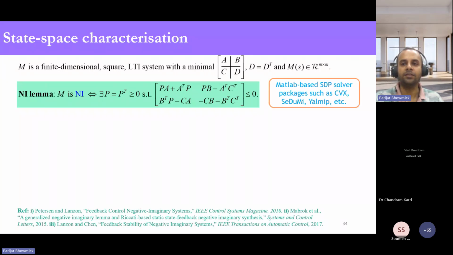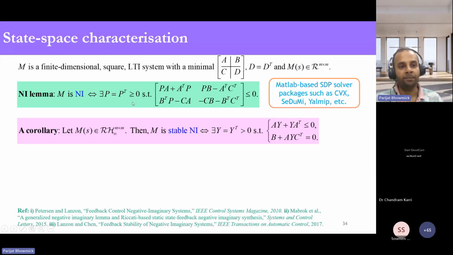SDP means semi-definite programming solvers. MATLAB can do it. We have other third-party plugins like CVX, SeDuMi, and YALMIP. By using these third-party plugins, there are some commands which will run these non-strict inequalities. And then if it can give us a positive semi-definite P matrix, then we can conclude that particular system is